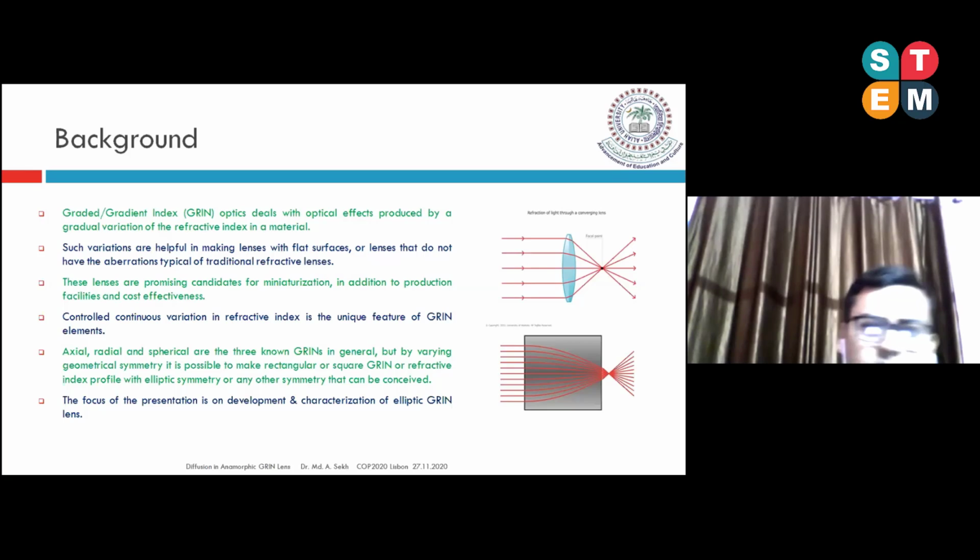Now, the controlled continuous variation in refractive index is the unique feature of the GRIN element. If you want to make a different refractive index profile, you have to make such an arrangement so that you can